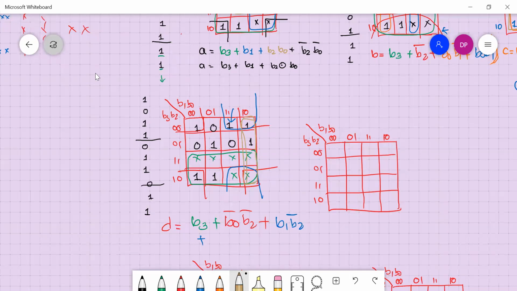Okay, this last column. So last column means B1, B0 complement. Okay, and only this one is remaining. So we can make it a group of these two. Okay, right? So for these two, what will you have? You will have B2 in common, then you have B1 complement common, then you have B0. Okay, this is the expression for D, right?